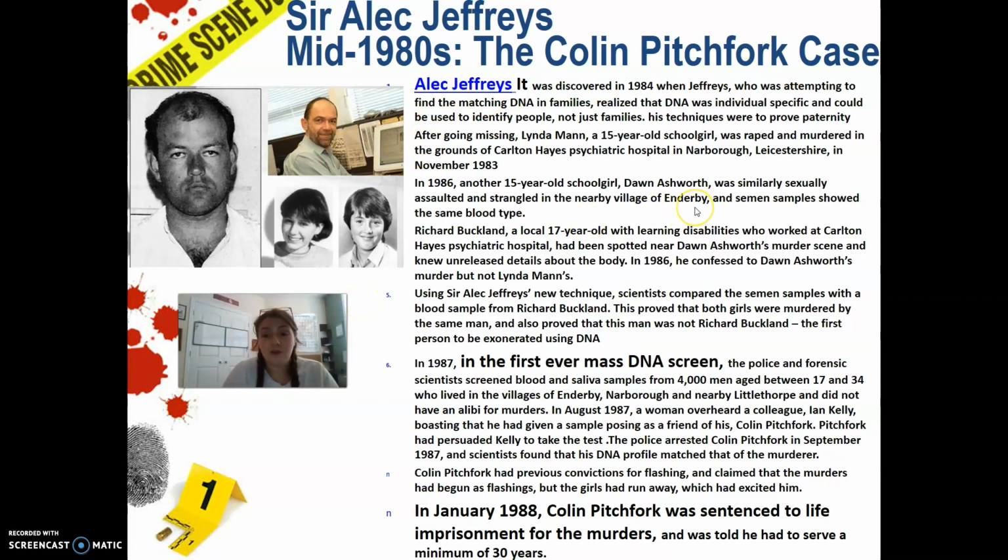He'd been working on it for medical reasons in the past, but law enforcement was really struggling with this case. There were two young women who had been killed time apart, but same way, same area. They had been assaulted and then murdered in the same area. So they assumed they had someone who was having a serial crime. Kind of like a serial killer, but he'd only killed two. That's not really a serial killer yet, but they were thinking he'd probably do it again if he wasn't caught. And they had no leads. They couldn't figure out any way to find out who did this.